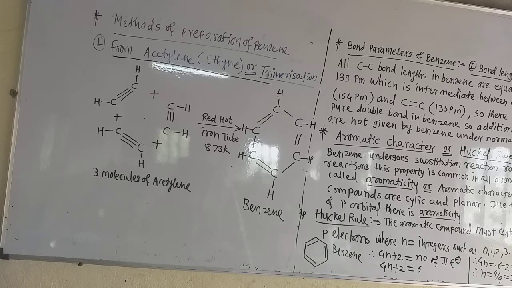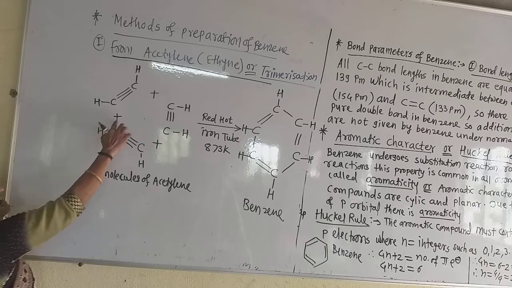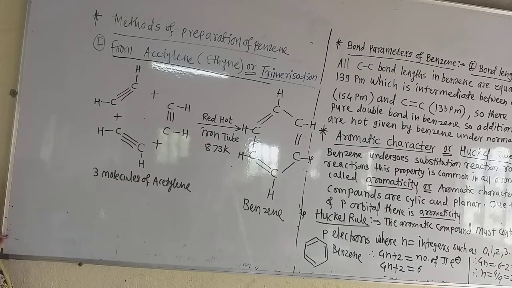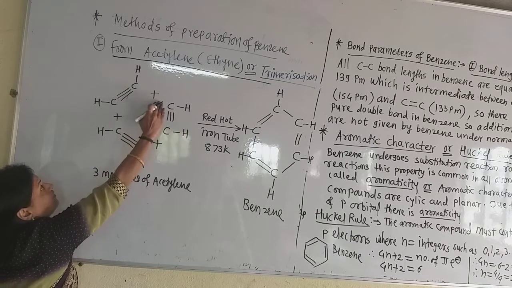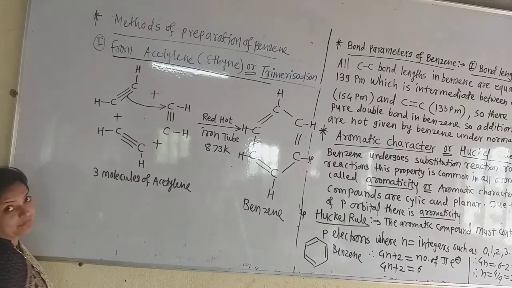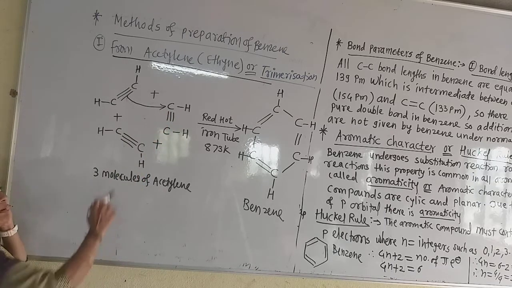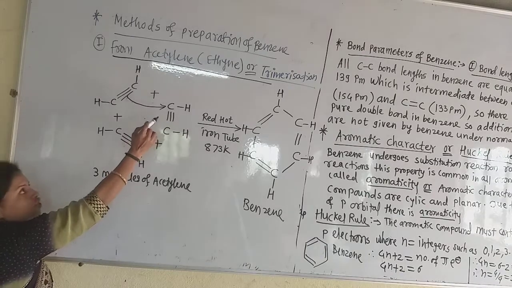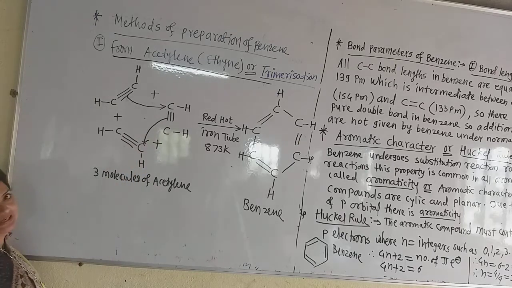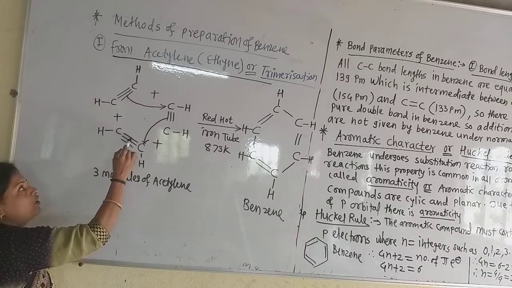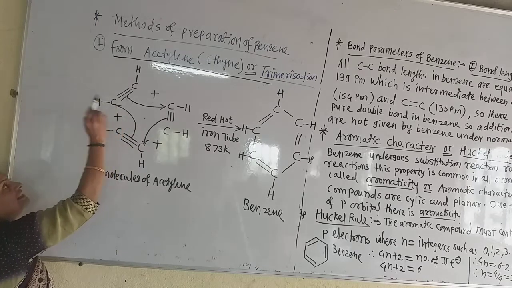Arrange these 3 acetylene molecules in the shape of the benzene ring. Now what happened? Let us add the 3 acetylene molecules. These are the 3 molecules of acetylene. Now out of the triple bond, one bond shifts here or attacks on the carbon. One of the bonds attacks on this carbon. At the same time, because this carbon now has 5 bonds, one of the bonds again of this carbon attacks on this carbon. Again one of the bonds of this acetylene molecule attacks on this carbon.